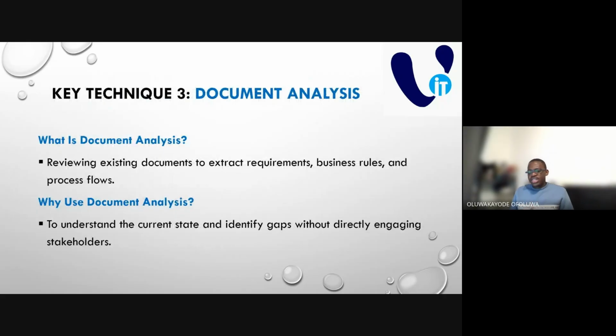The third key technique we'll be talking about is document analysis. What is document analysis in the real sense? It's reviewing existing documents to extract requirements, business rules, and process flows. Looking at the existing documents, or based on what has been documented, how can I get my